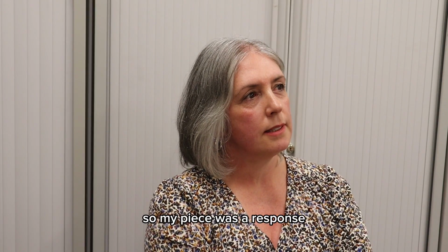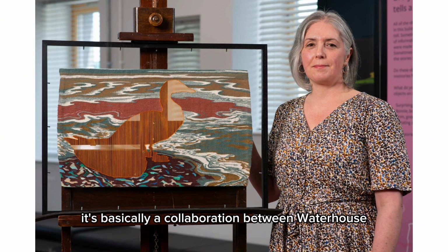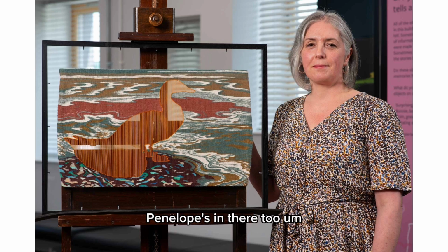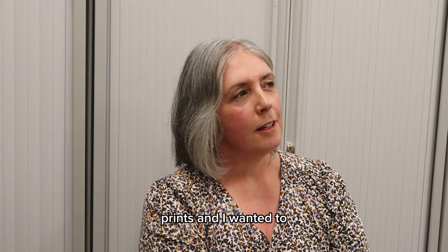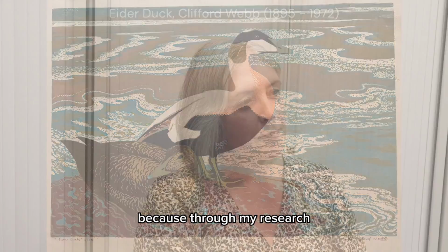So my piece was a response. It's basically a collaboration between Waterhouse, another printmaker called Clifford Cyrill Webb, and myself, really. So we all came together to make this piece, and Penelope's in there too. So I knew that Aberdeen Art Gallery had a collection of Clifford Webb's prints, and I wanted to use this image. He has an image of eider ducks, because through my research I discovered that